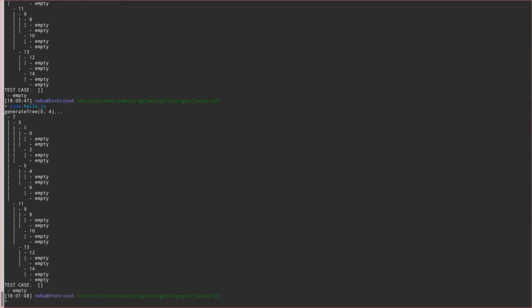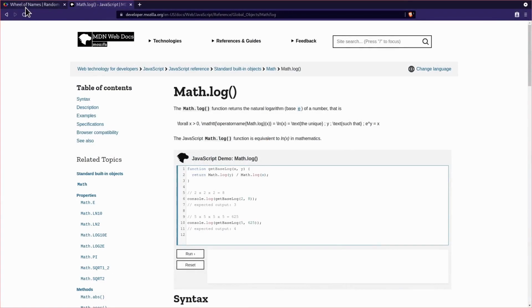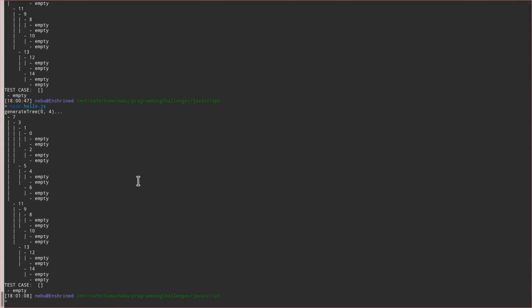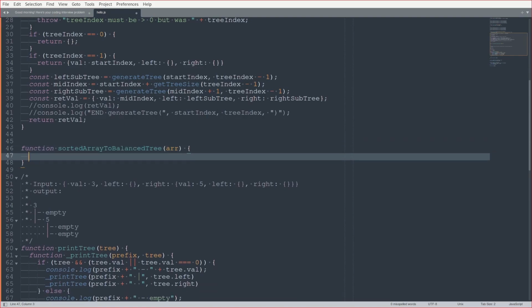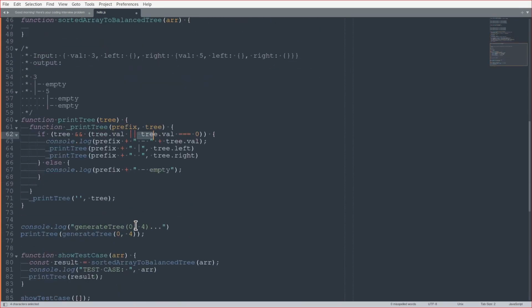As you can see, I'm not an expert at JavaScript. And I guess that's to be expected. If I'm doing the wheel of language thing, I don't get to choose what language I'm programming in. So sometimes I get lucky with a language. I'm fairly familiar with JavaScript, but I don't remember all the library functions. How do you check for undefined? I don't know if undefined is like NaN, where undefined is not equal to undefined or something like that. I think it is, but then it's unclear to me why what I had before didn't work, because I thought I was checking if it's undefined and stopping recursing down into here. But anyway,